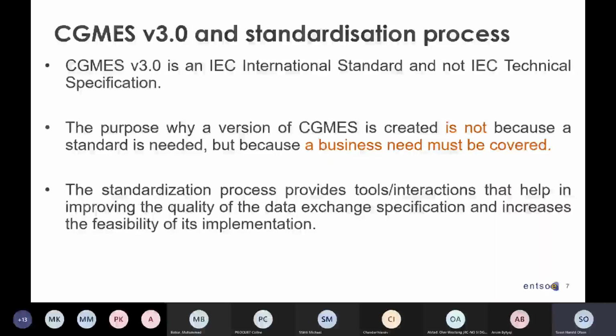That is very significant for Europe because a technical specification is not part of the CENELEC standards. And CENELEC is the European standardization body that has the responsibility of providing the standards for the European network code.